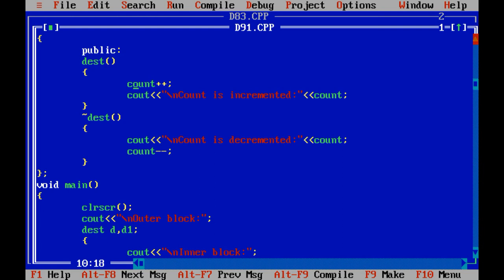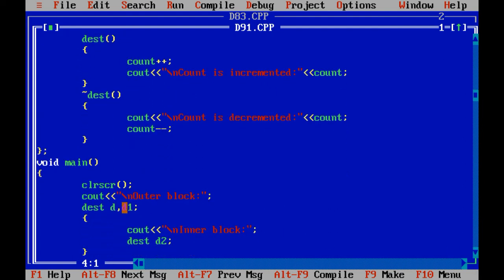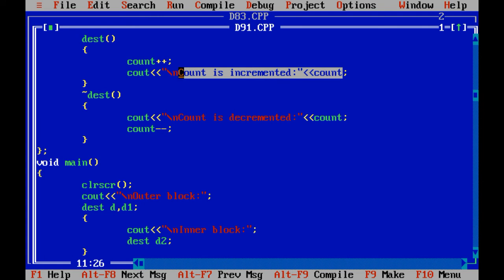d.count becomes 1. See, over here we have declared this variable as a global variable. No need to explain why we have declared the global variable here, because in our previous video we discussed and took the example for the same when we learned the concept of static. At that time I used global variables, right? So I'm not going to discuss it right now, but the count becomes 1 now when you call the object d, and it will print count is incremented by 1.